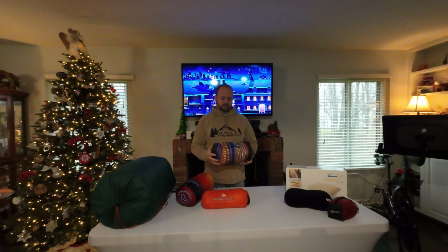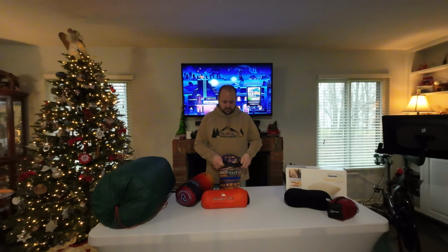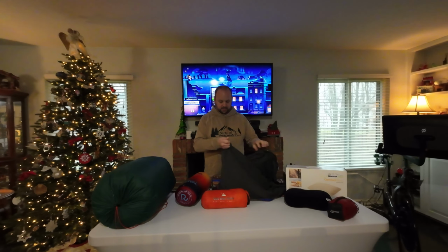My favorite one still is the Eagle's Nest Outfitter blanket. It's a really nice blanket. It's lightweight. Has a really cool print on it, really cool design, and this one's called Tundra. So this blanket itself, it's a fleece lined blanket, which is nice. It's quilted, fleece lined, and it also has these,